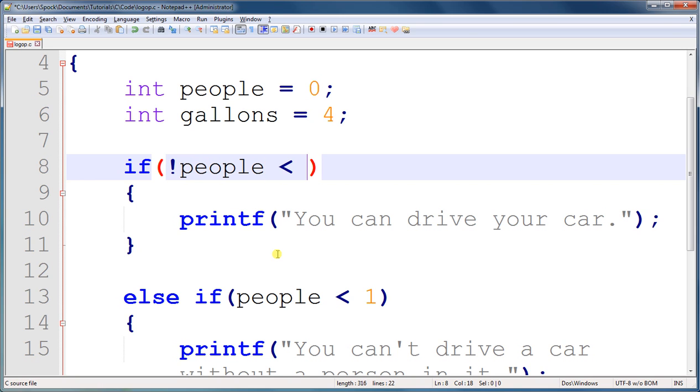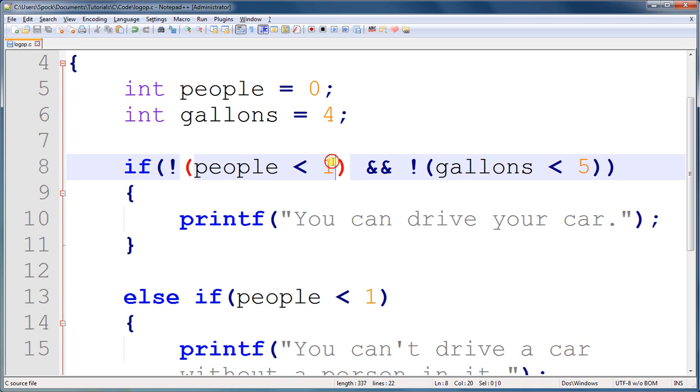people less than 1, and we're going to need to put this in parentheses because of operator precedence, which I will talk about in one moment. And we do the same for the other one, put it in parentheses, less than 5. So what this is going to do is it's going to ask people less than 1, and